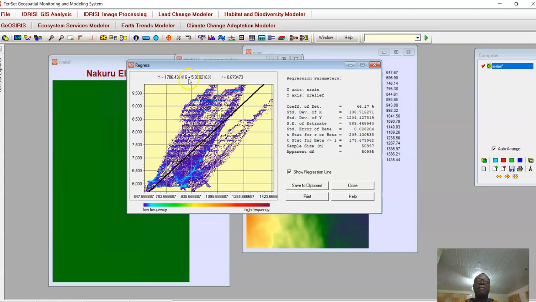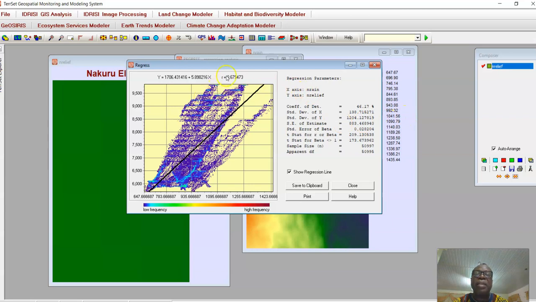So in this case, the beta value is 5.898216,